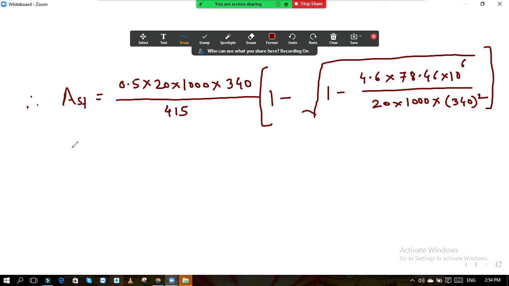So after solving this, you will get the value of AST 666.58. आता बघा, हे जे एरिया ऑफ स्टील आहे आलेला, हा मिनिमम एरिया ऑफ स्टील पेक्षा जास्त पाहिजे तरच आपण